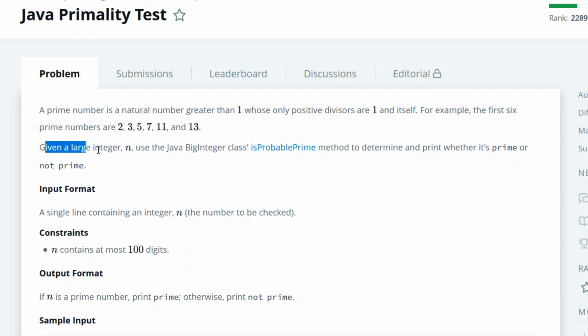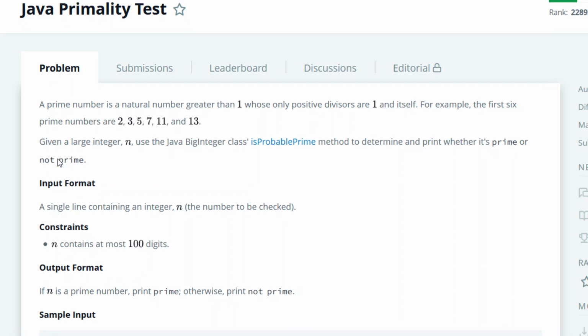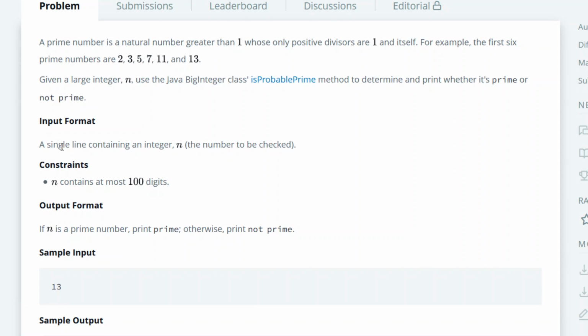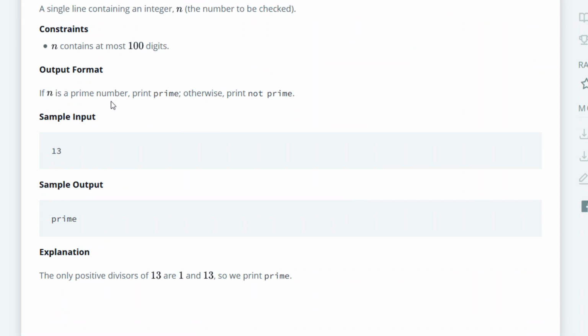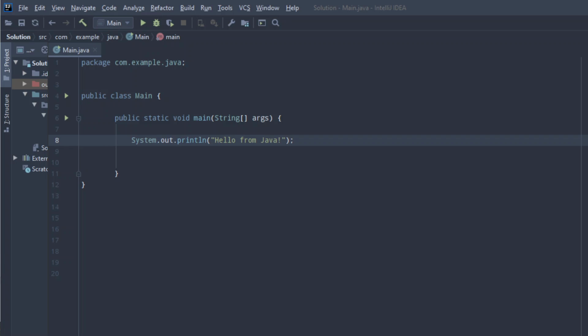Given a large integer n, use the Java BigInteger class isProbablePrime method to determine and print whether it's prime or not prime. The input format is a single line containing an integer n. For the output, if n is a prime number, print prime, otherwise print not prime. Sample input is 13 and sample output is prime, because the only positive divisors of 13 are 1 and 13, so we print prime. Okay, let's switch to our IntelliJ IDE